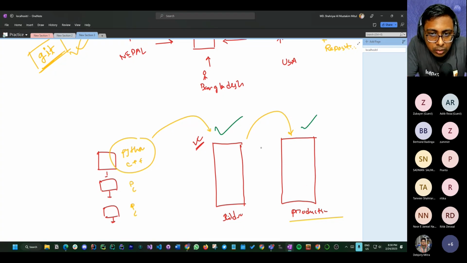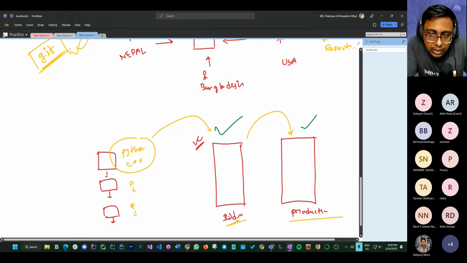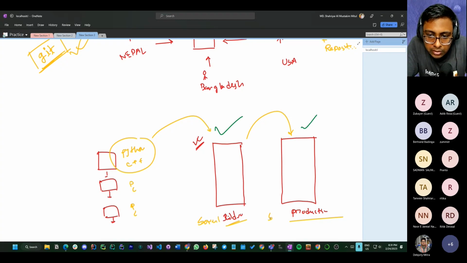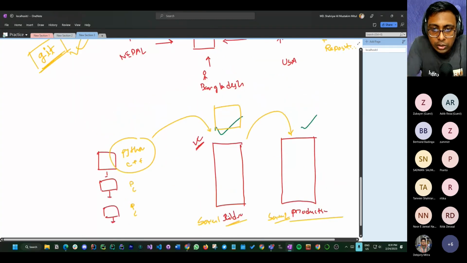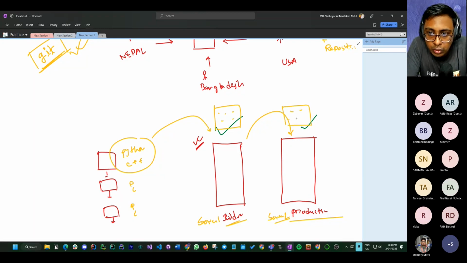These two servers are basically different because we have given them different names. You can call it server 1, which we mainly focus on for the building purpose, and server 2 for the production purpose. So that part which I told you about the building one, some code that you need to share with it so that it is built properly. So it has to be shared here too, every time.